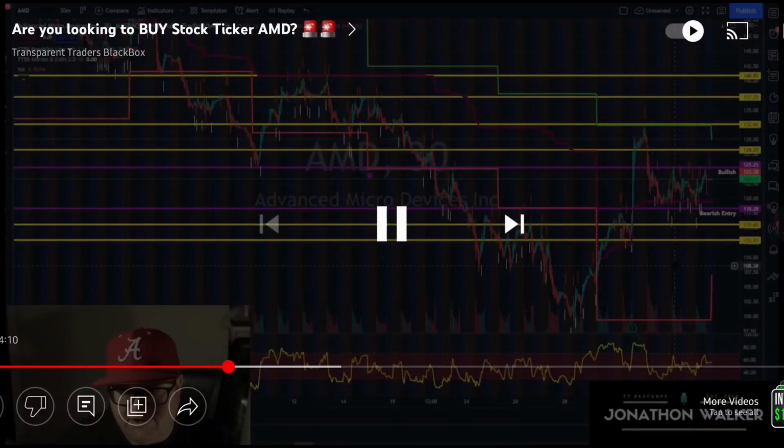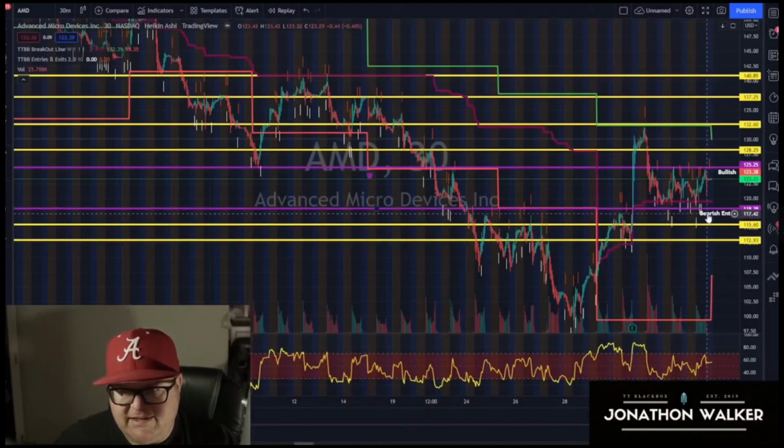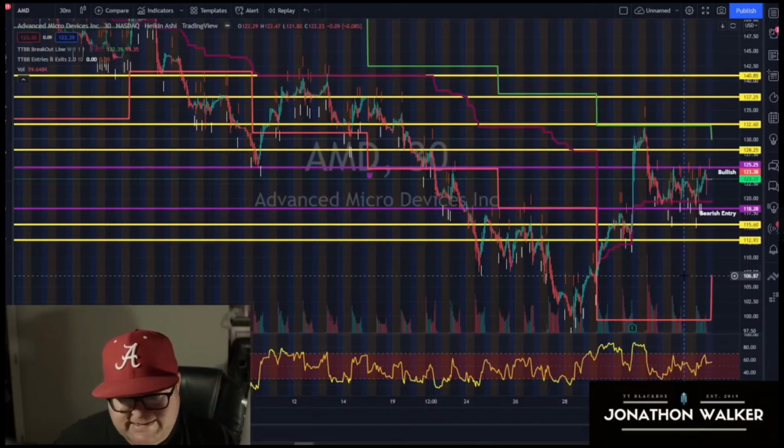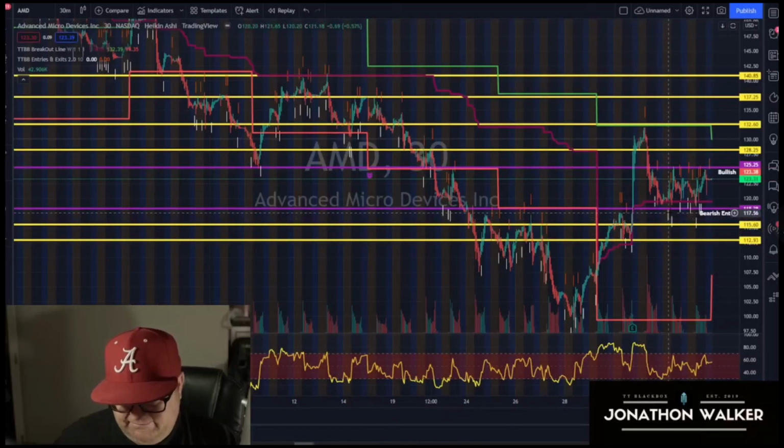For the bearish side of this, you can see that over the last week it's been coming down, trying to test this one high 118 range. If this decided to turn from going bullish over the last week and a half to bearish, I'd be looking for a break below 118.28. And then, based off of the last couple of weeks, just the next range I'm seeing